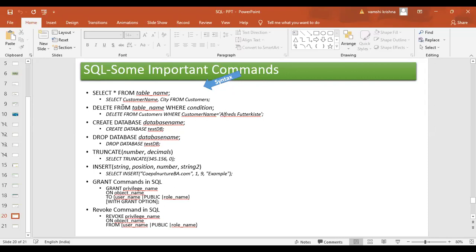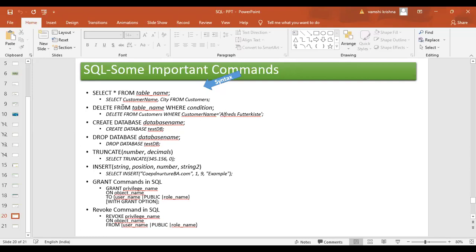I think the table name is customers, and what information she wants is the customer's name and city, right? That is what this means: select customer name and city from the table customers.